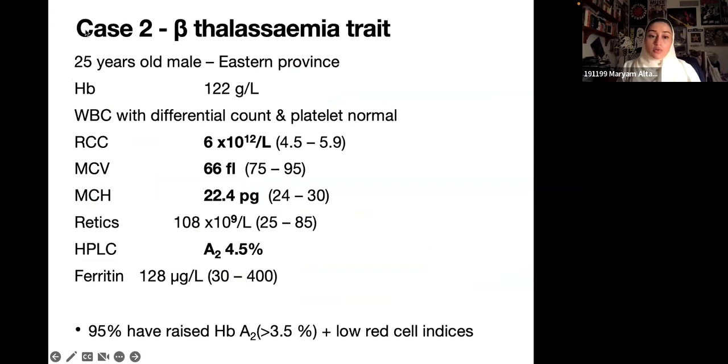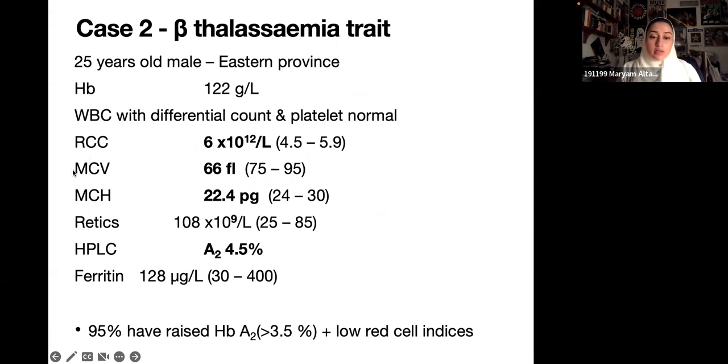So for example, this is a case that you might see of beta thalassemia trait. So a 25-year-old male from the Eastern Province, hemoglobin is 12.2, which is abnormal. Remember, males less than 13/13.5 is anemia. Okay, so this patient is coming for a screening and you found that they're anemic. So you did a white blood cell count with differential, okay, and these are normal, okay? However, your